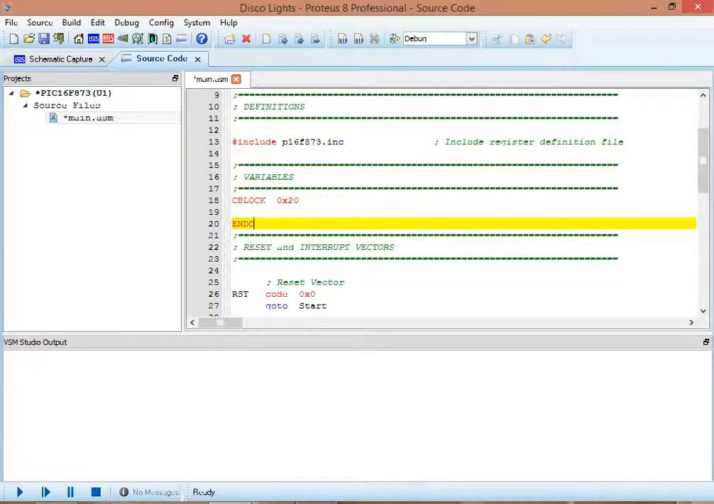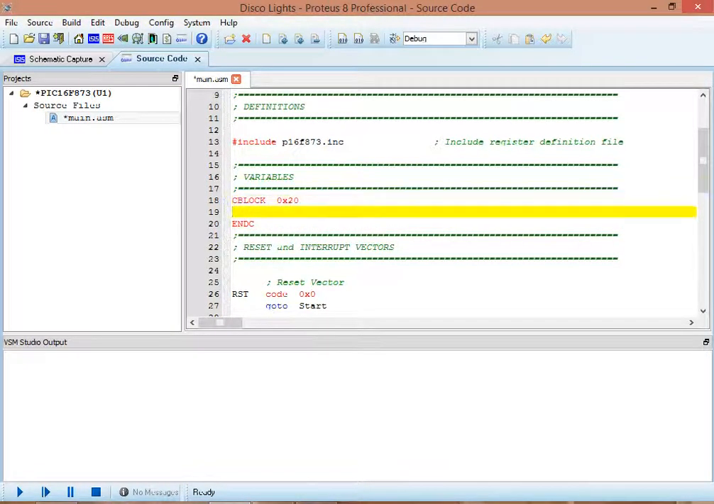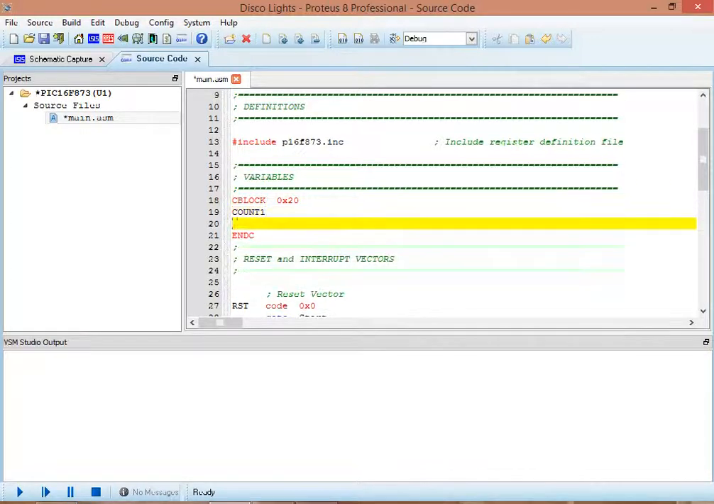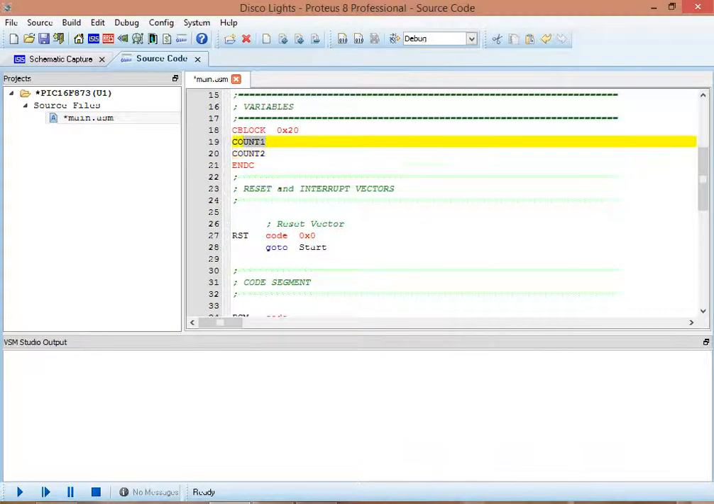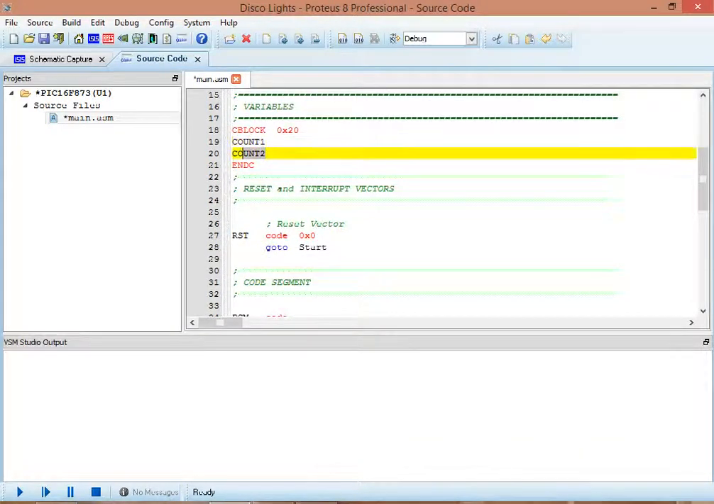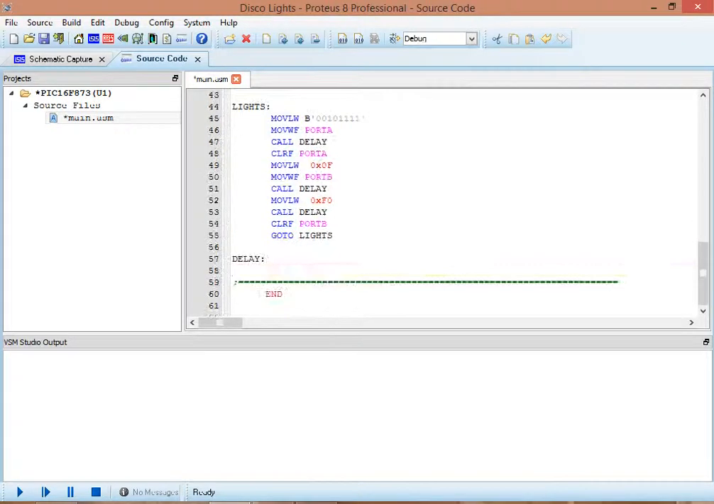And then code block. So I'm going to create my first variable, which I'm going to call count1, and my next variable, which I'm going to call count2. Which basically means that count1 is at address 020, then the next one is at address 021. So what I'm going to do for the first part of the delay is move the literal into the working register